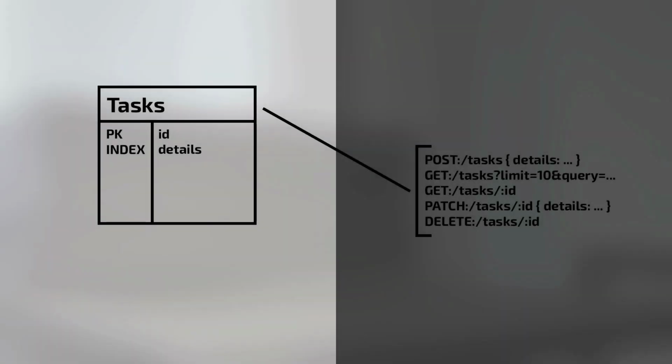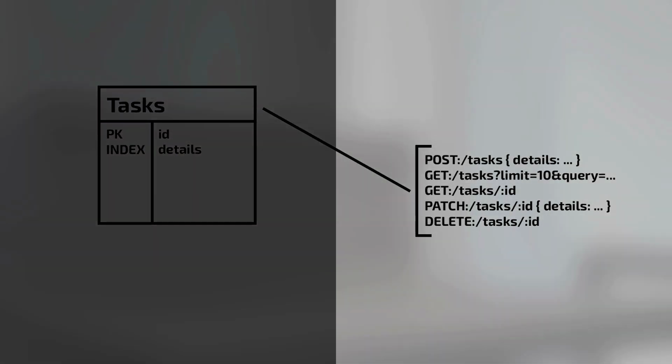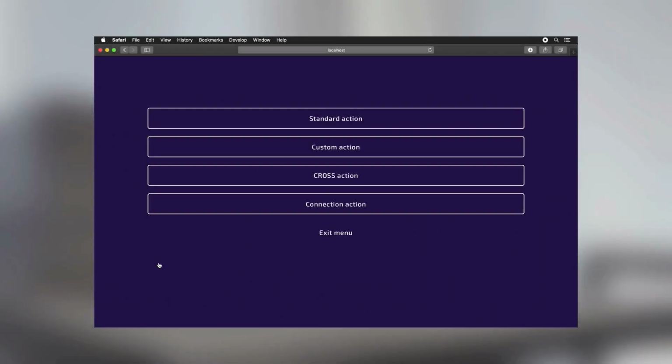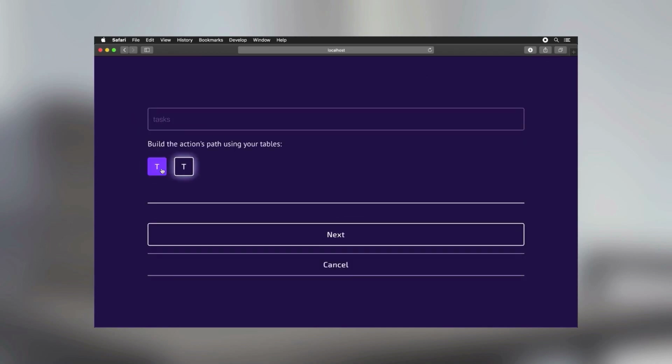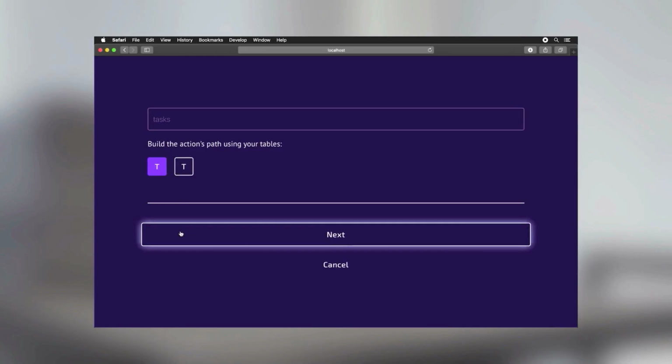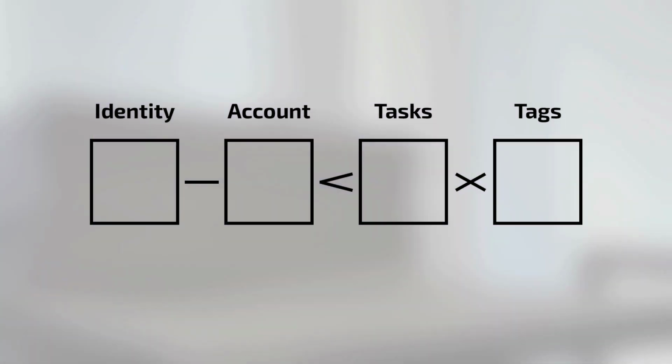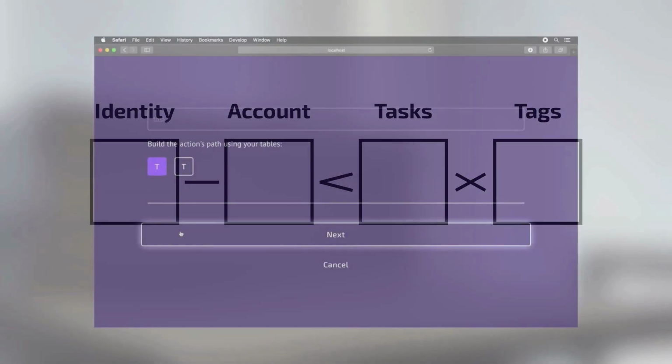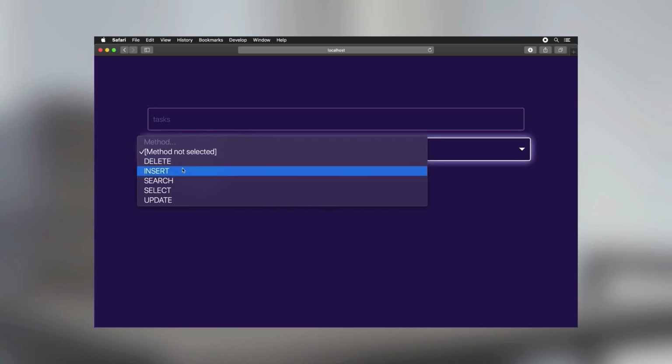Our database looks good. To create and access the data in our database, we'll have to add a few actions. We'll create this action with the core tasks table as its only path component. An action's path defines parent-child relationships between the tables, automatically creating cross-reference tables in your database to manage these one-to-one, one-to-many, or many-to-many relationships. We'll start with the standard insert action, which will handle post requests to our tasks table,